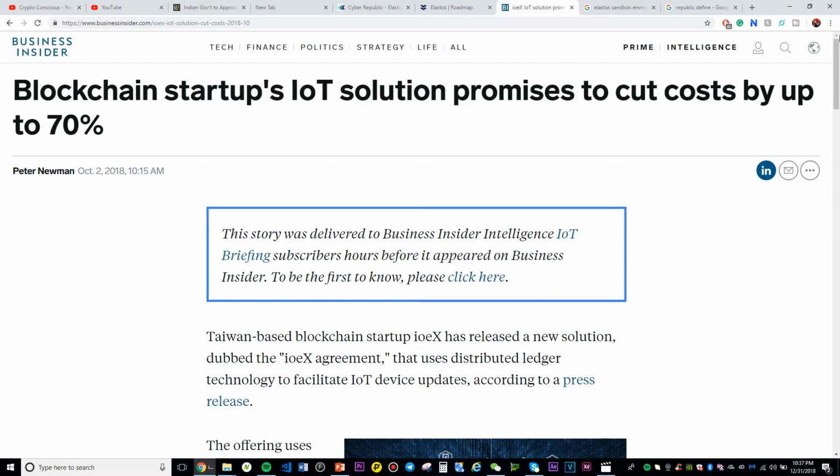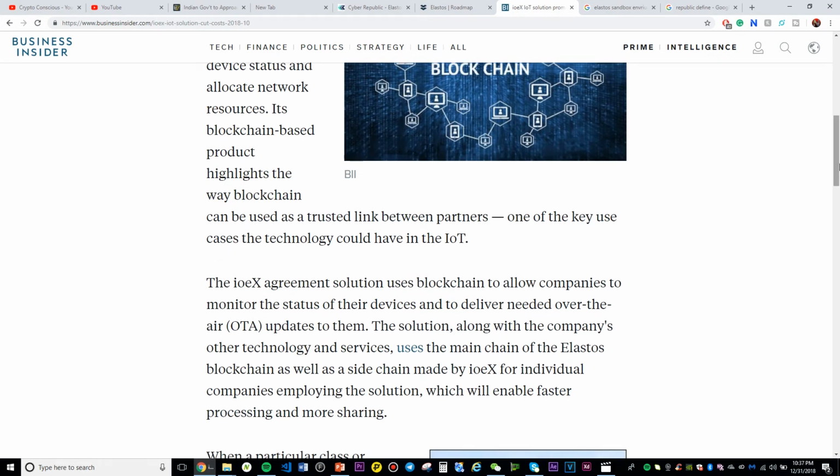IOEX has constructed a solution to save IoT companies up to 70% on their firmware updates, and this could possibly lead to mass adoption.